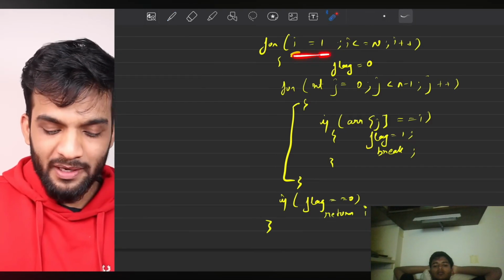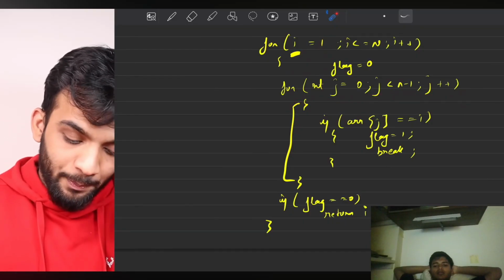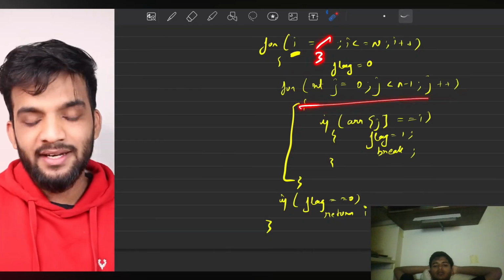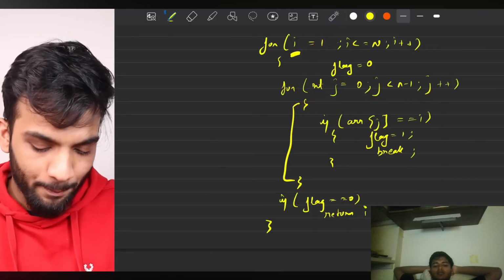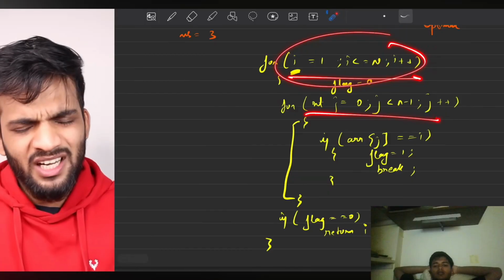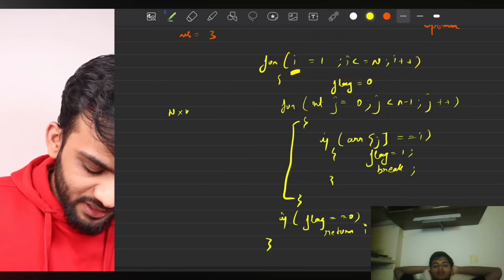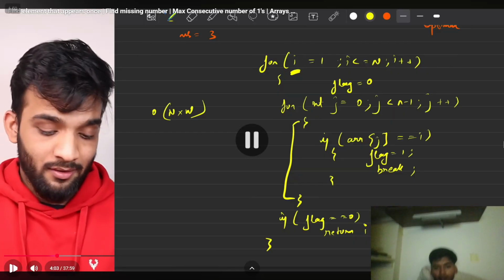Quite simple. You pick up 1, you check entirely, does it exist? You pick up 2, you check entirely, does it exist? You pick up 3, you check entirely, does it exist or not? So what will be the time complexity? 2 loops, 1 for n, the other near about n. So can I say 2 loops? Means the time complexity, the worst case, if I